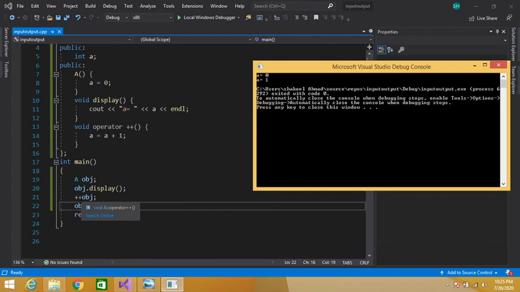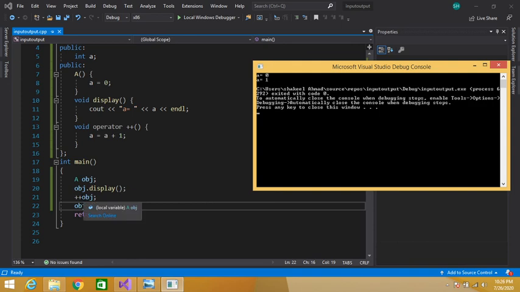So in this way we are able to use the increment operator with user defined types, with an object. And then again I am calling this function. So a was 0 plus 1, so a now contains 1. So we are again calling the display function, and a contains 1, so a is equal to 1 is displayed on the console window.